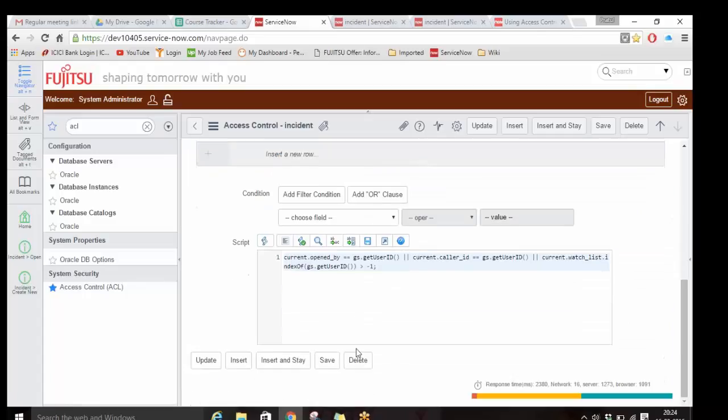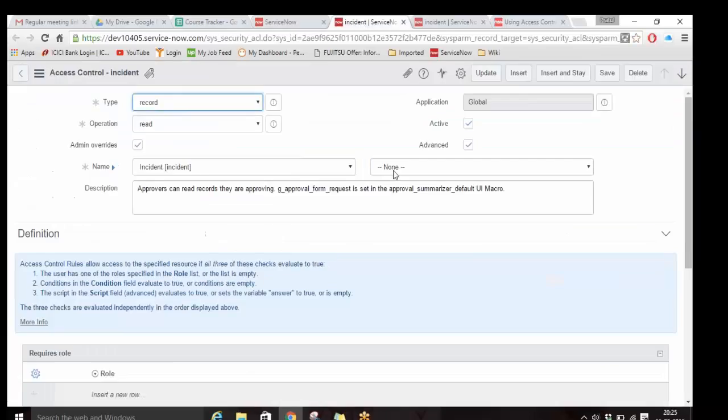Over here in the script you have seen, it says current means the current object. It says if the user is the caller ID, if the user is the caller of the incident, if the user has opened the incident, or if the user is in the watch list of the incident, he can read that incident. Similarly, if you go on to the other one,